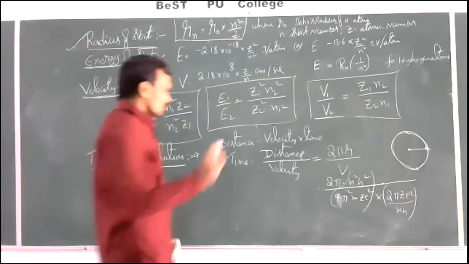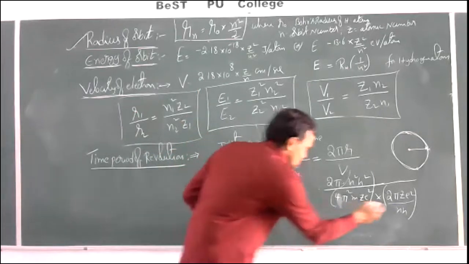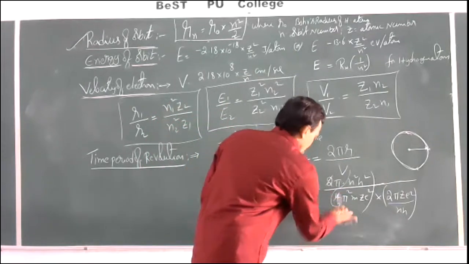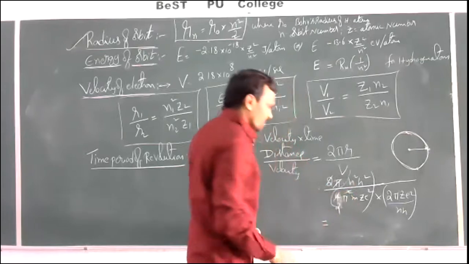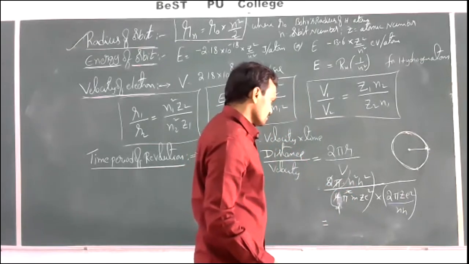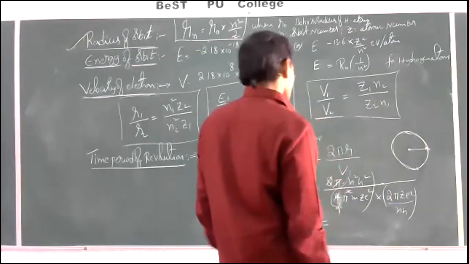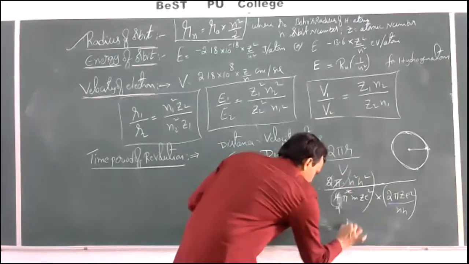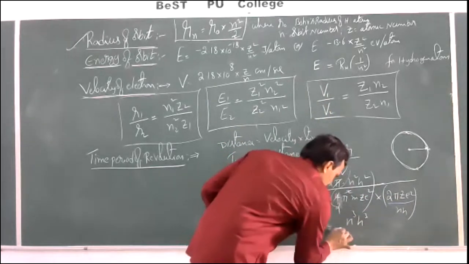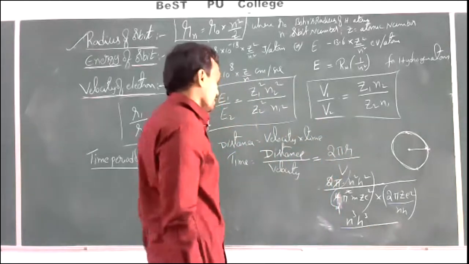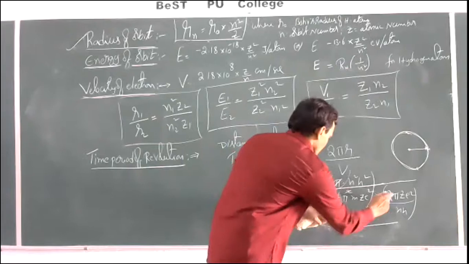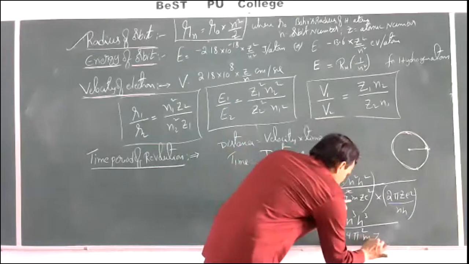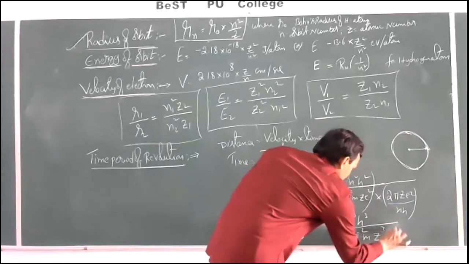velocity of the electron. Now if you simplify all this, nh goes to the numerator, and here 2 and 2 will get cancelled, pi and pi will get cancelled, and there are no other common terms. This nh goes to the numerator. This is nothing but equal to n cube h cube by 2 into 2, 4 pi square mz cube e power 4.